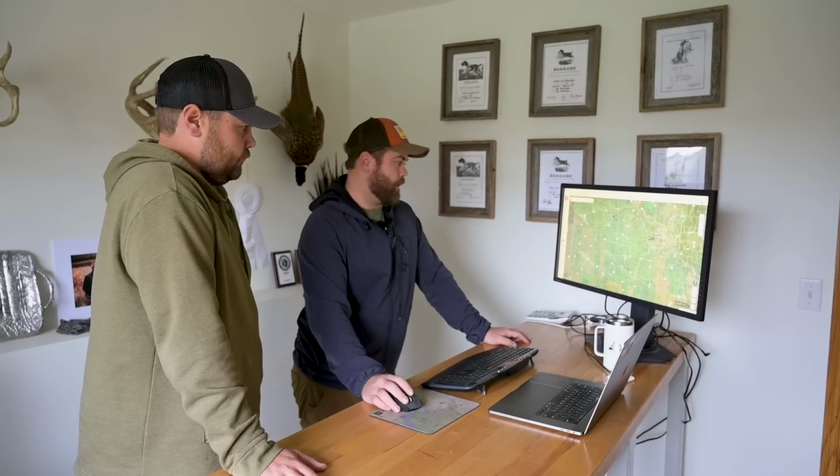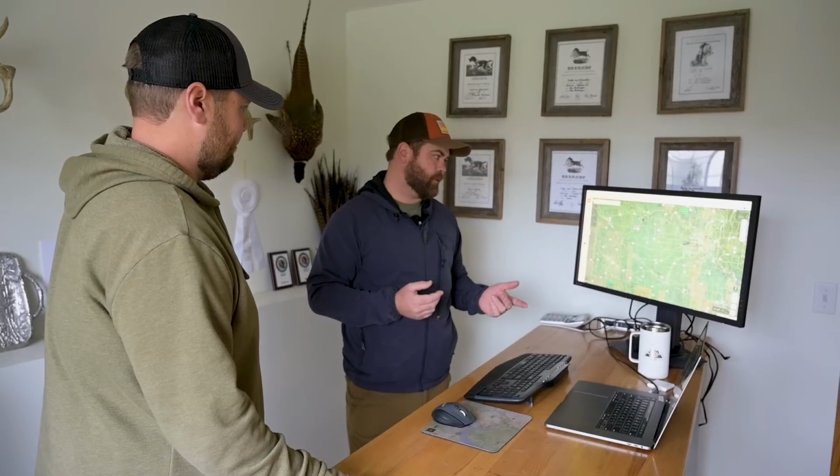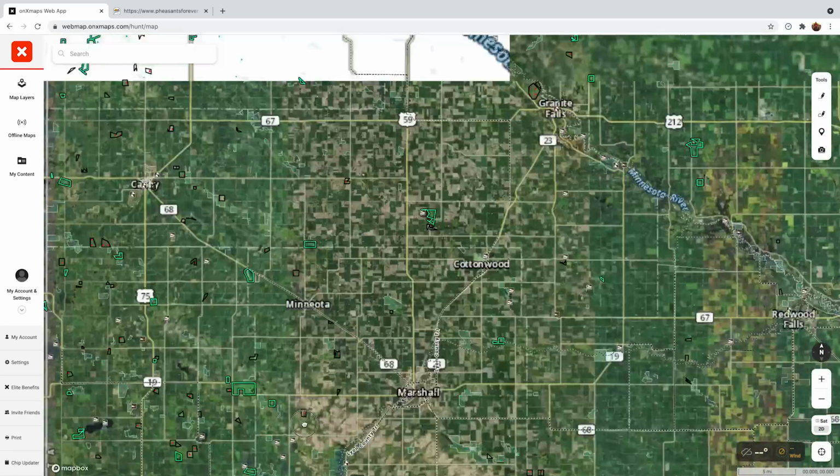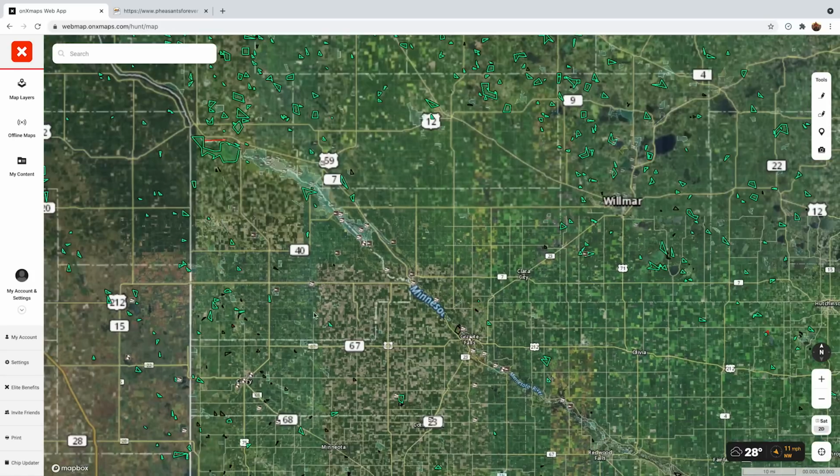And the first thing is I'm trying to find clusters of public land, because what you don't want to do is find a little lone island spot, right, where it's just like there's that spot and then you got to drive 30 minutes to the next one. Correct. So finding an area where if you get there and there's already somebody there, or you get there and you're like, dang, this is covered, it doesn't look good, then you have other options. You know, just pretty much start perusing the map essentially,